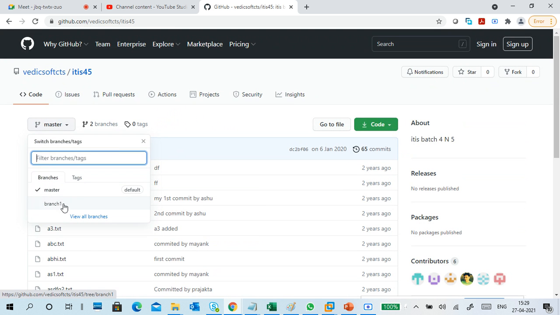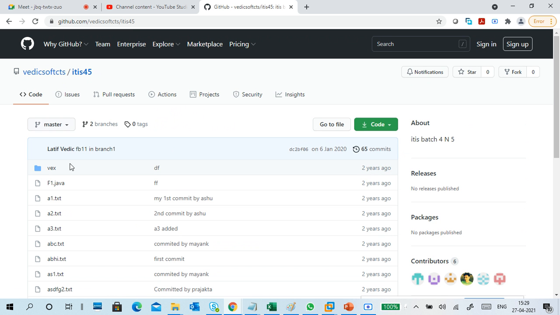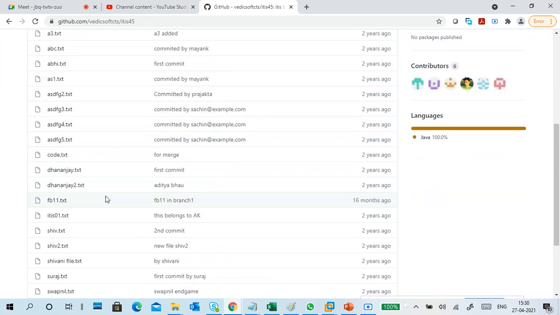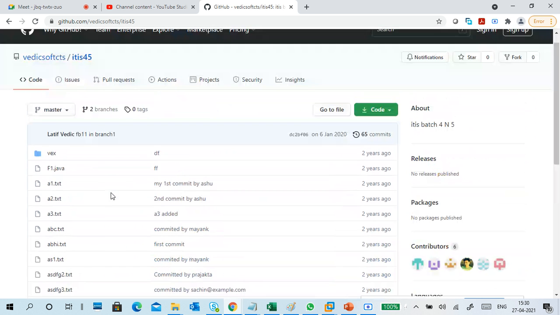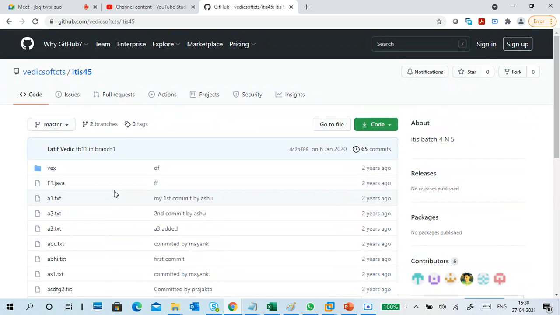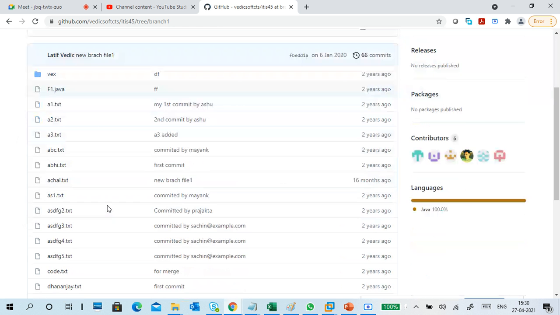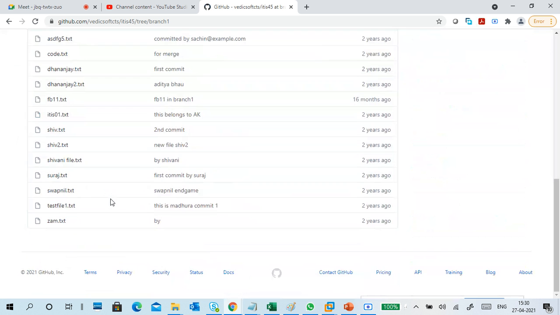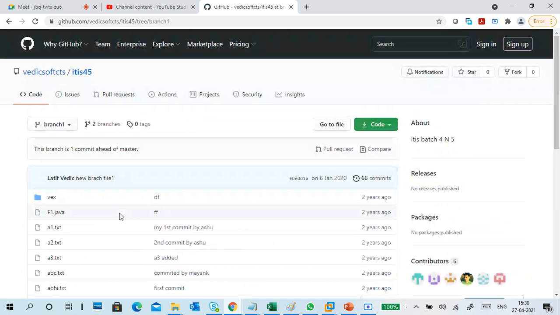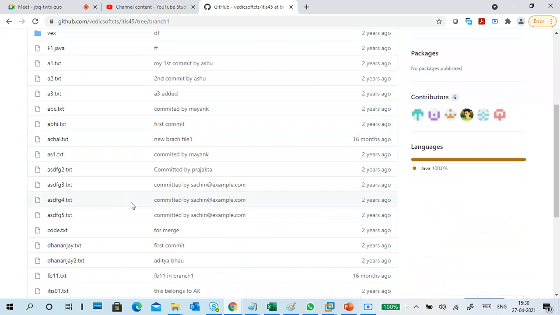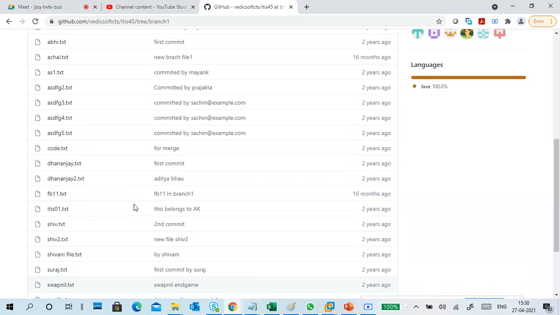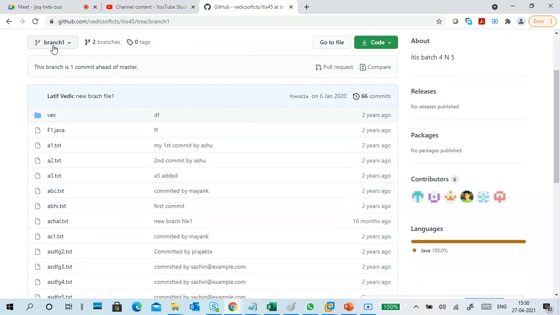Two branches. This is branch one. If you see, this is the master branch. It contains some files. You can see a lot of files are there. Think of it as the source code of our application. It is the main thing. Then I created another branch, branch two. Can you see the same files are there, but there are different files? Like you can see 66 commits. 66 commits means the files were changed 66 times.